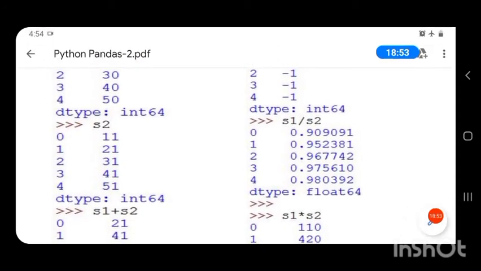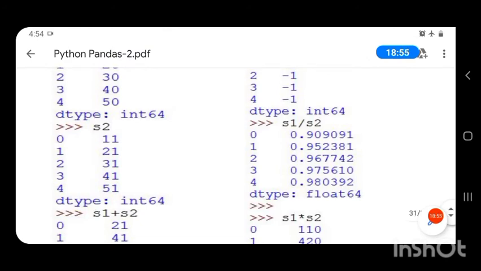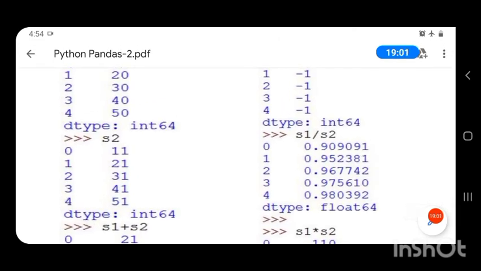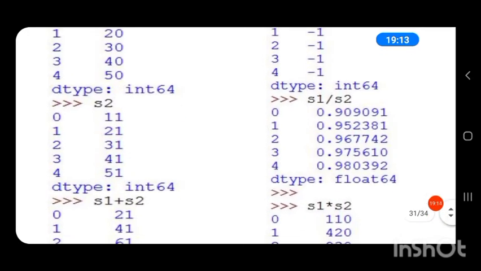Its output is given at index 0 of the new series. So 20 is divided by 21 and output is obtained. 30 is divided by 31. 40 is divided by 41. 50 is divided by 51. And its corresponding values are at its corresponding index also.